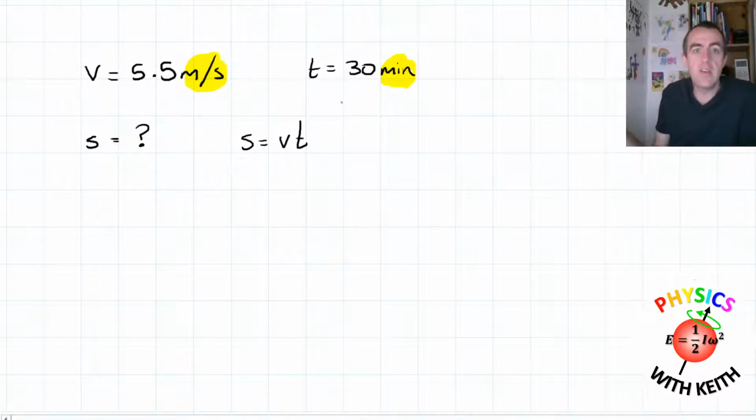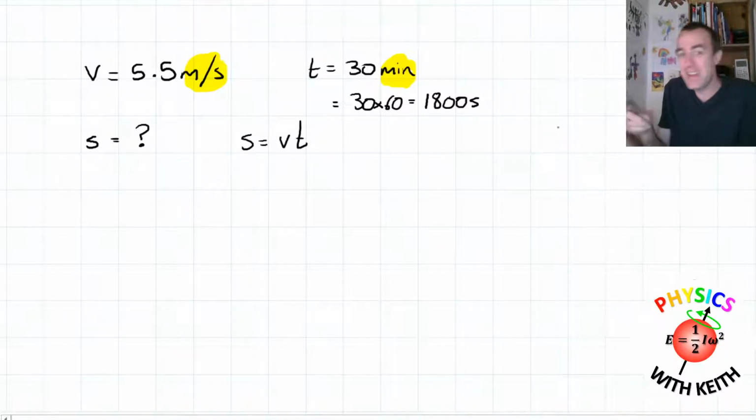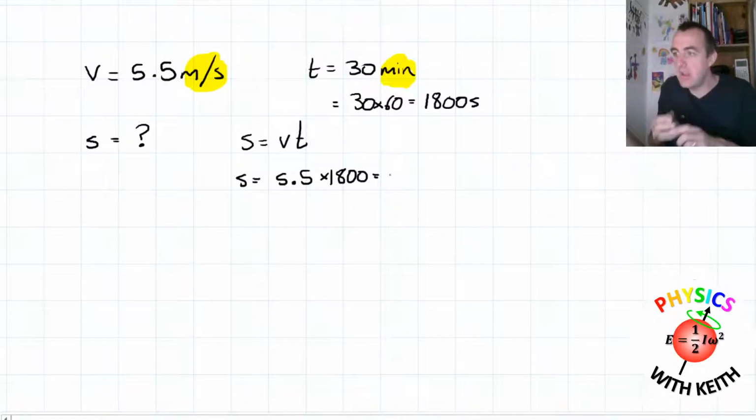First of all, we need to convert this time into seconds. 30 minutes multiplied by 60 seconds per minute equals, so we can go 3 times 6 is 18, so that's 1, 8 and 2 zeros. I think that's right, just doing that off the top of my head. And do shout at me if I get this wrong, because my mental arithmetic is not great. And now I can do my sum here. Displacement or distance, this is a distance, equals 5.5 times 1800 seconds, and for that I'll need my calculator,